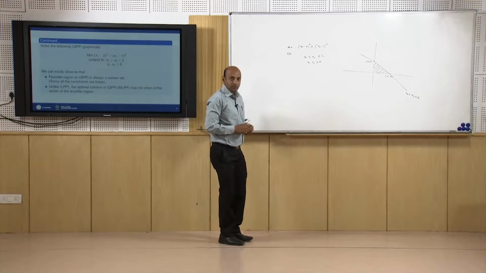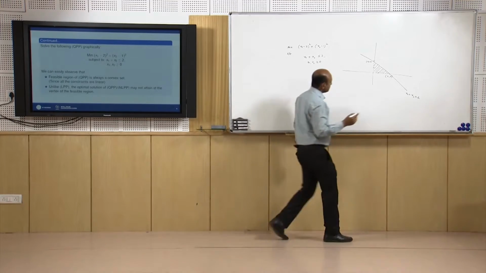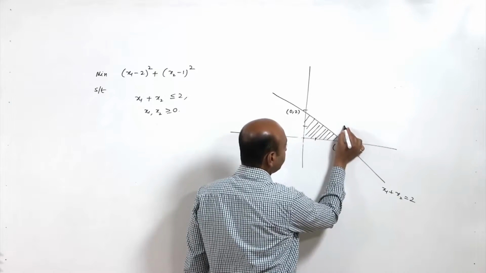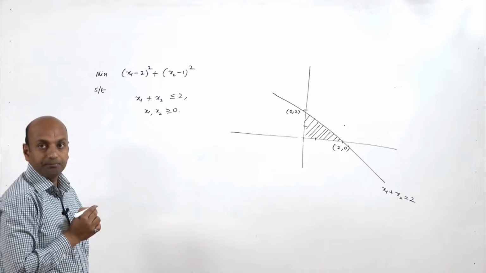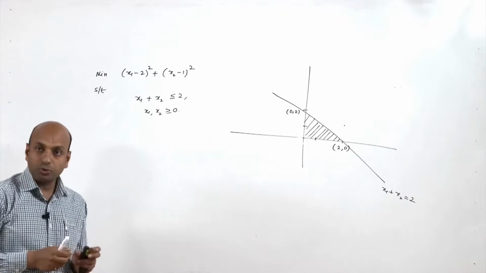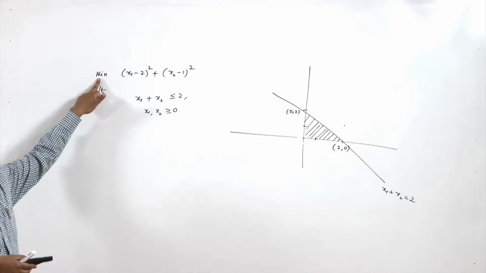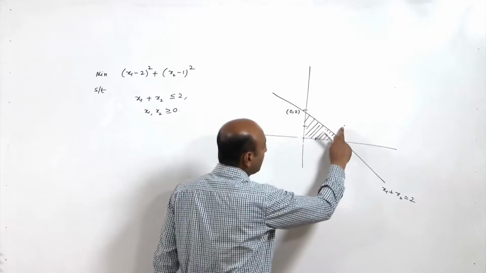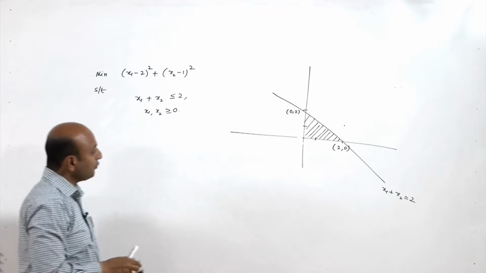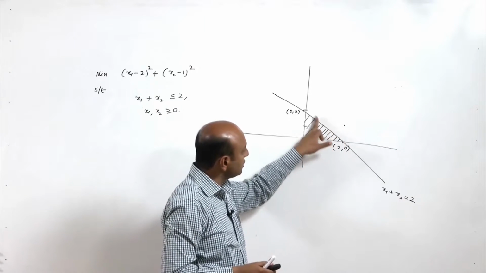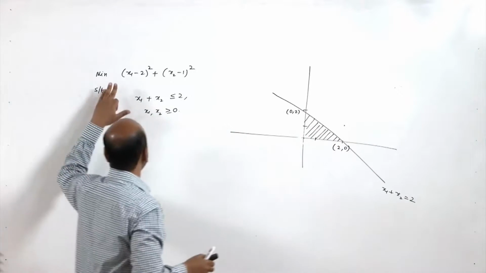Now, what to minimize? We have to minimize (x1 minus 2) whole square plus (x2 minus 1) whole square, that is, this is something 2 comma 1, this point. Okay. But this point is not feasible. We have to find x1, x2 that will satisfy these constraints and minimize our objective function. Now, this point will give the minimum value which is 0, but this 2 comma 1 is not feasible. So, we have to find that point which is closest to this feasible region, that will minimize our objective function.